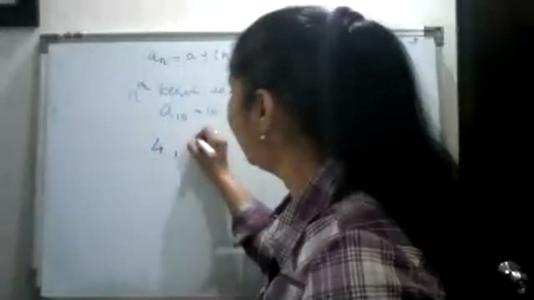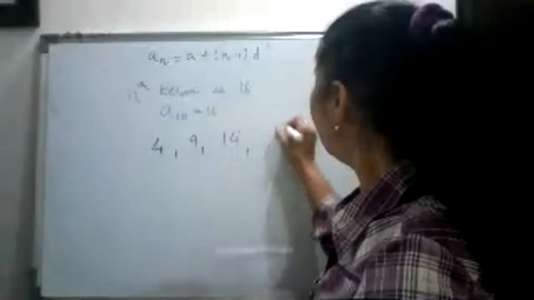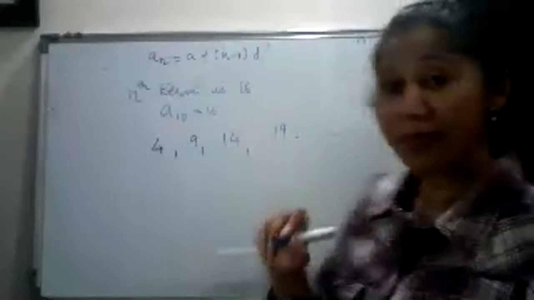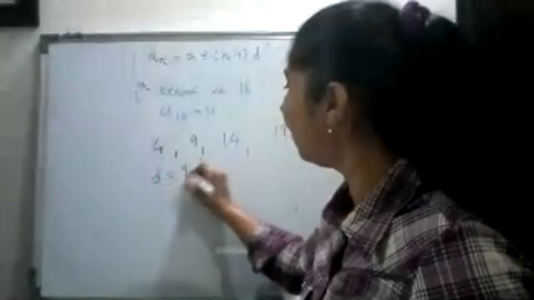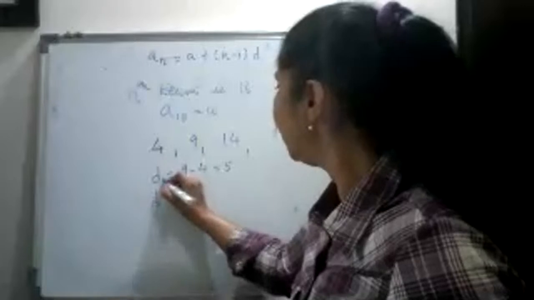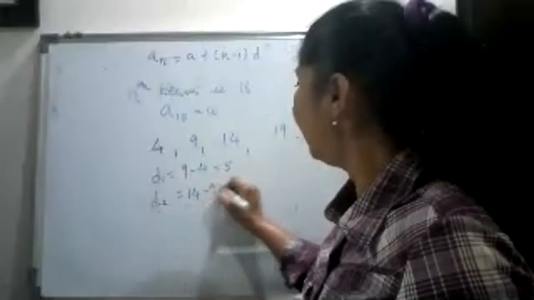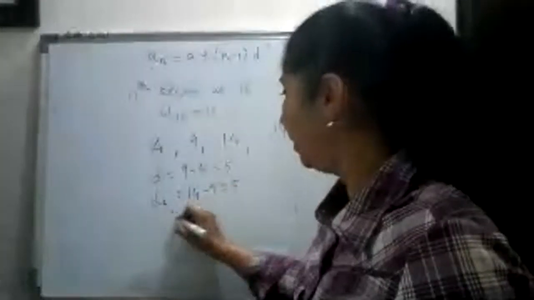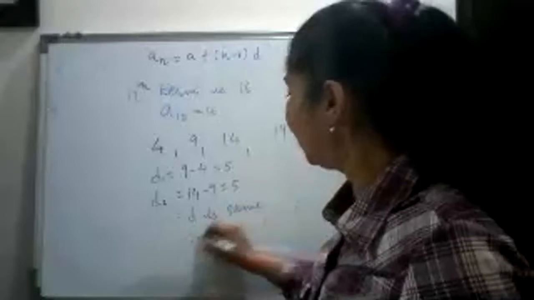सपोज दिस इज 4, दिस इज 9, 14, 19, इज इट एन एपी, ऐसे पूछा हुआ है। तो आपको क्या करना है, आपको पहले डी फाइंड किया, तो यहाँ पे डी क्या है, 9 माइनस 4 5, यहाँ पे डी क्या है, say d1 लिखती हूँ, d2 because I don't know whether they are same or not, 14 minus 9 5, so yes यहाँ पे है, therefore d is same and therefore it is an AP।